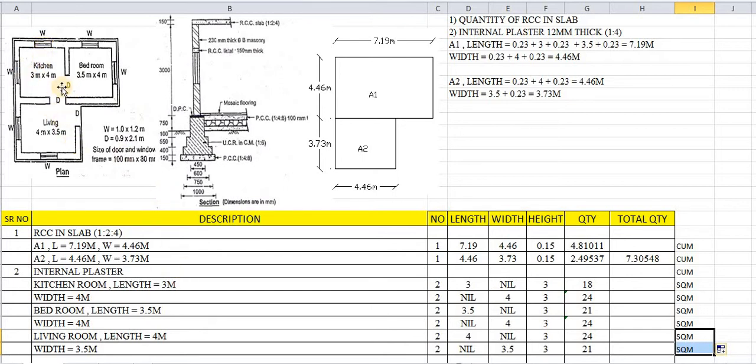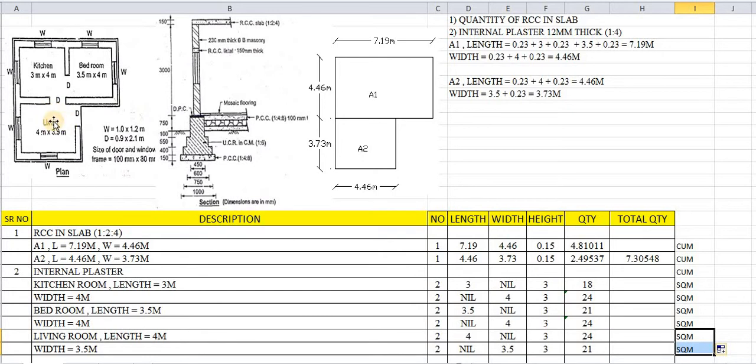Okay. So first we will consider doors. While calculating the deductions, one most important thing to be considered is how many numbers of doors are there. Okay. So here we have to consider half the quantities for this. So openings in the kitchen are nothing but 2 openings, 1 and 2. What about the bedroom? Bedroom has 1 opening for doors. What about the living room? Living room has 2 openings.